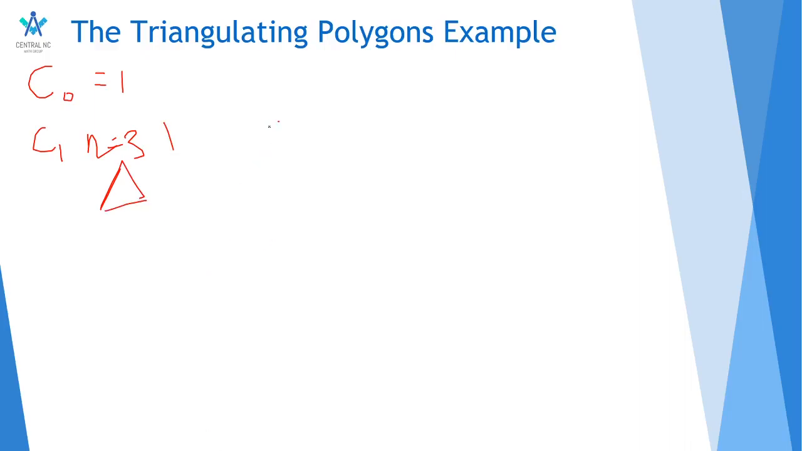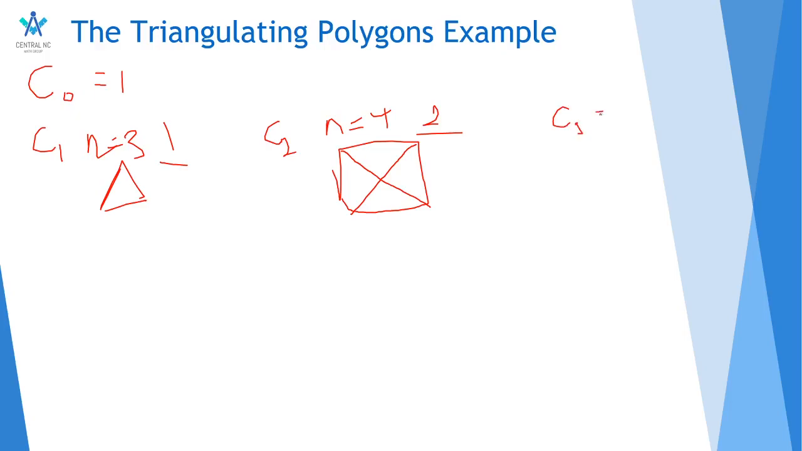And let's let C2 be n equals 4, which is a square, or a quadrilateral. Anything works for the polygon. So there's one way to triangulate this: you can go across this diagonal, or you could go across the other diagonal. So there are two ways to do this. Just underline these. And when you get to a pentagon, let that be C3, that's when things get a bit